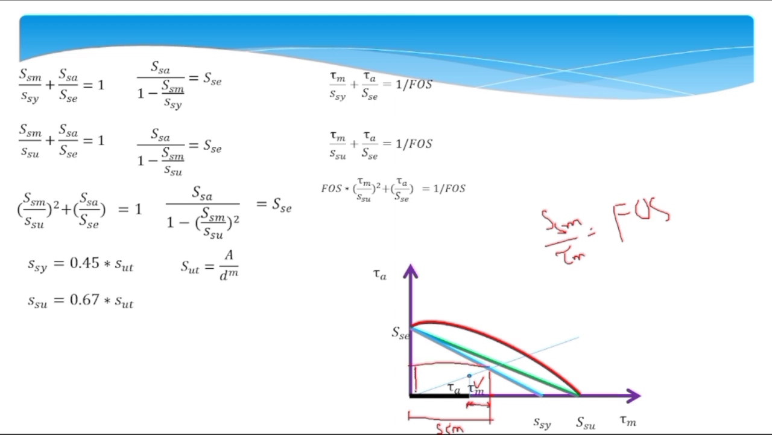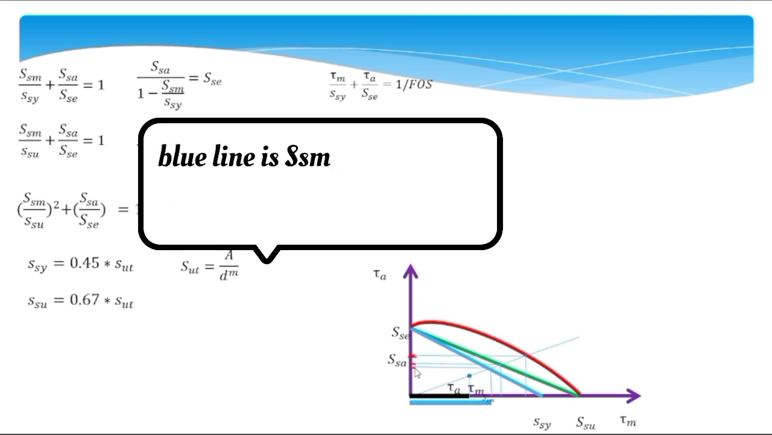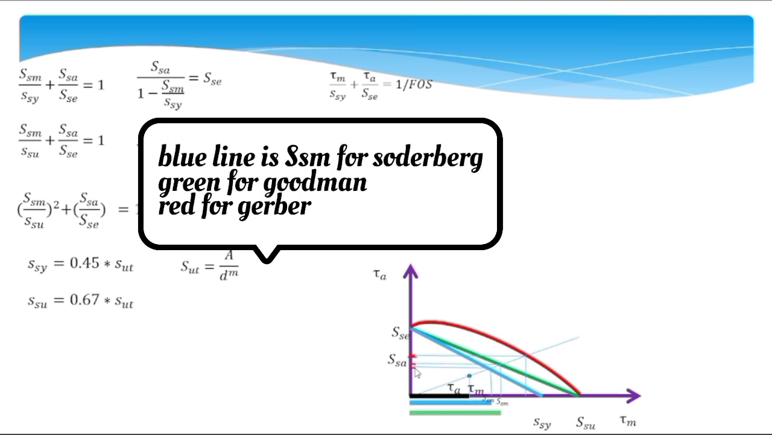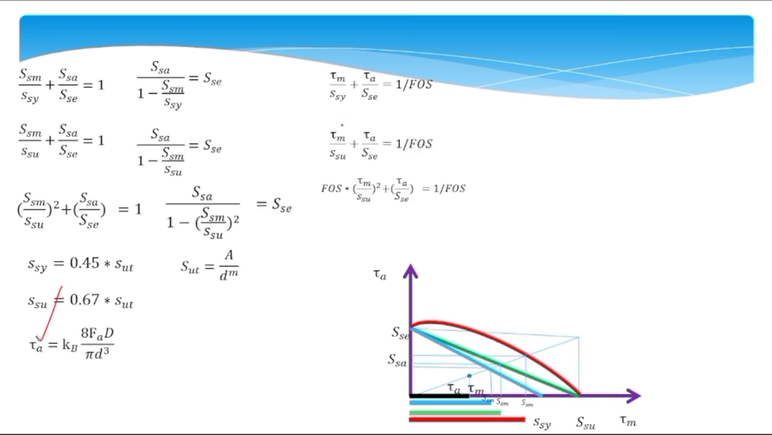Similarly, if you take this line and divide this line with this line, it will give you the factor of safety, and this line is SSA and this line is tau A. Now this is SA according to Gerber criteria, this is SA according to the Goodman criteria, and this is SA according to the Soderberg criteria. Similarly, this is SM according to Soderberg, this is SM according to the Goodman, and this is SM according to the Gerber criteria. Through this formula you can find out tau A, and